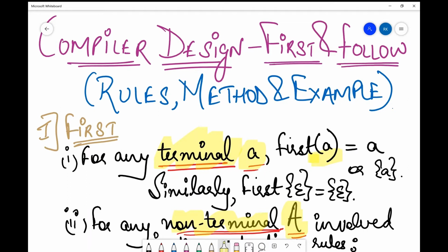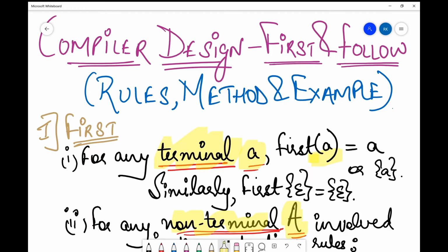Basically, terminals are used to end the strings, as we have discussed in many productions. When we reach a terminal, we just end it, and when we have to add some more symbols, we use the non-terminals. And non-terminals, as we have just discussed, do not terminate; they add on some more symbols to your string, moving from one production to other symbols or other productions. That is what a non-terminal is. Now, the rules are different for a terminal as well as a non-terminal.